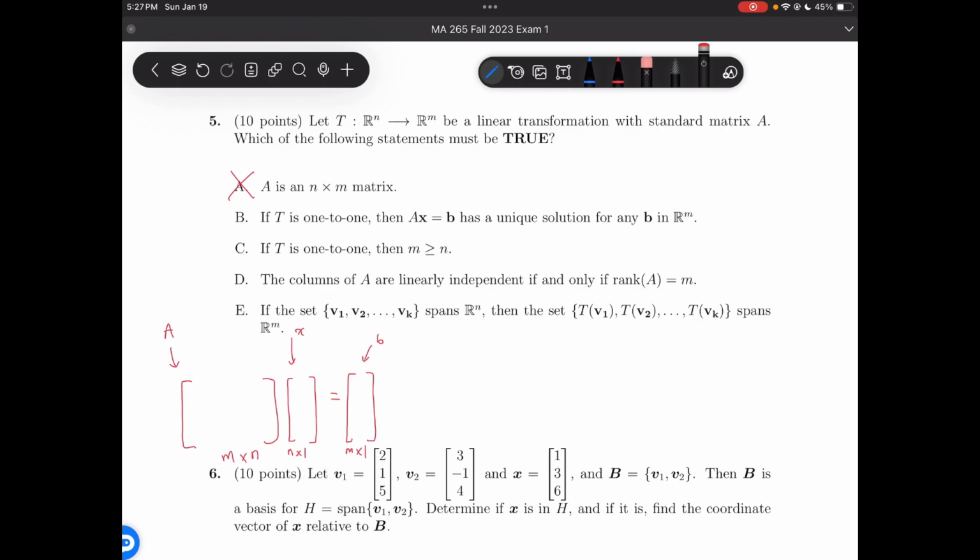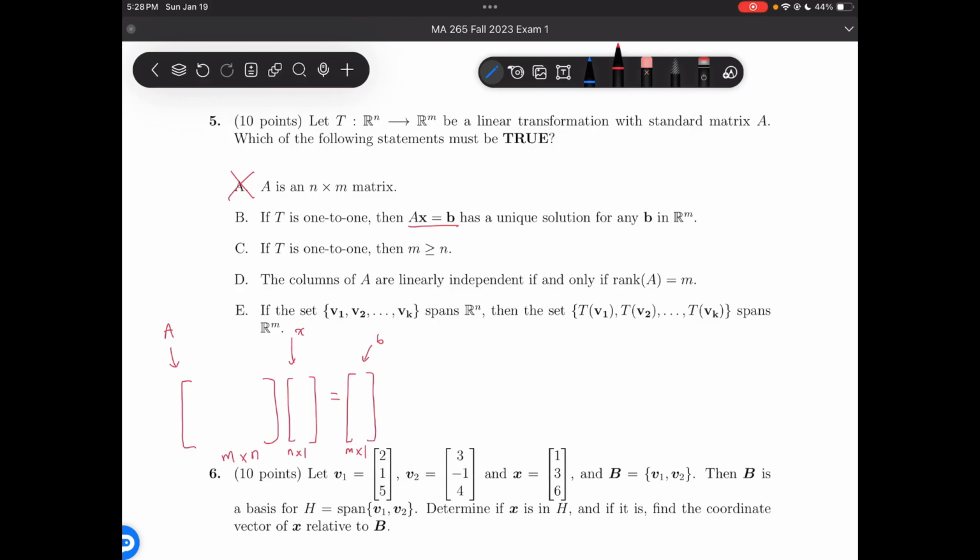Okay, statement B says if T is 1 to 1, then Ax equals B has a unique solution for any B in Rm. Okay, so 1 to 1 means that for any B, if we have an equation Ax equals B,